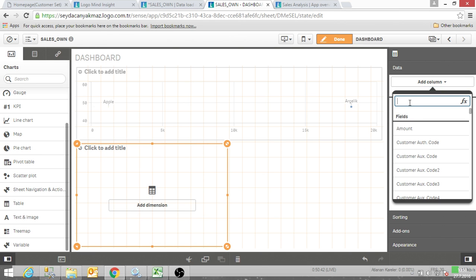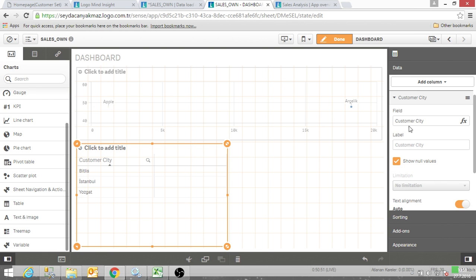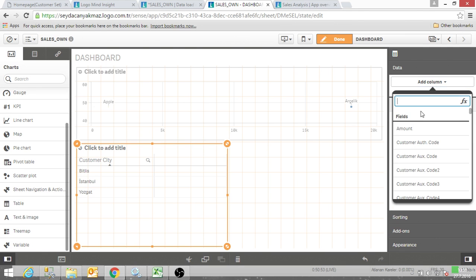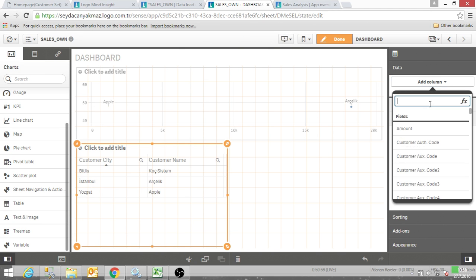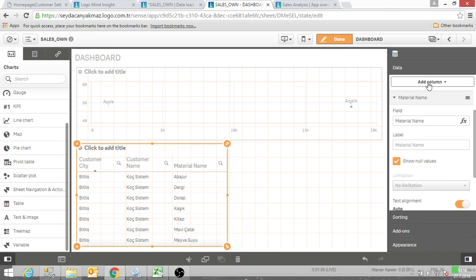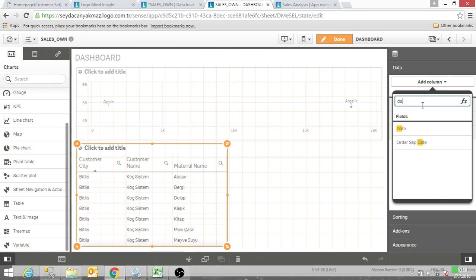I want to add city, customer city, then customer name and material name and date,